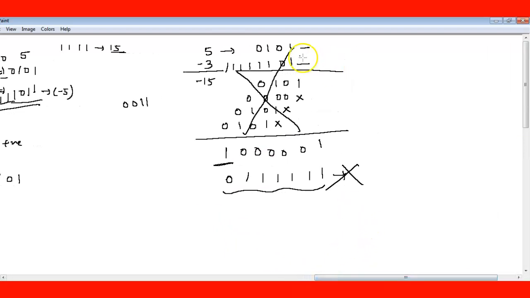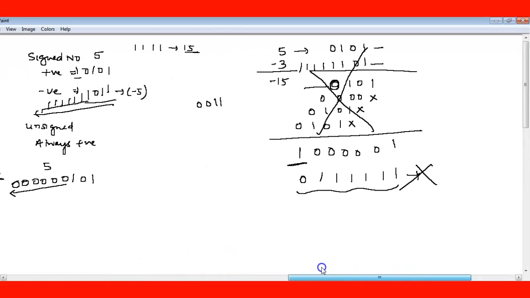So in Booth algorithm everything is almost the same. The only difference is, when we were assuming this is 0, so here also it should be 0. You should not take it like that. You have to check the last digit. If it's 0, then you take it as 0. If it's 1, then you take it as 1. Don't randomly always put the value as 0. We'll take an example for the Booth algorithm, and then we'll come to know.